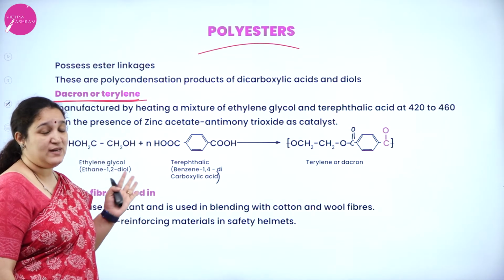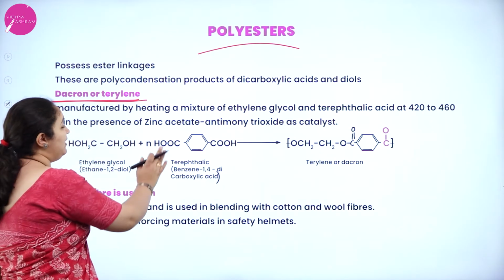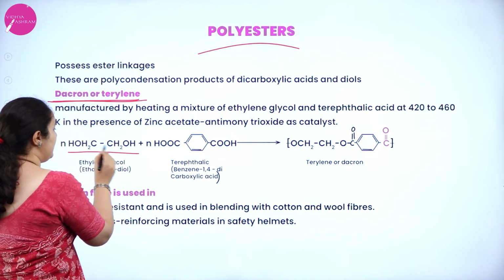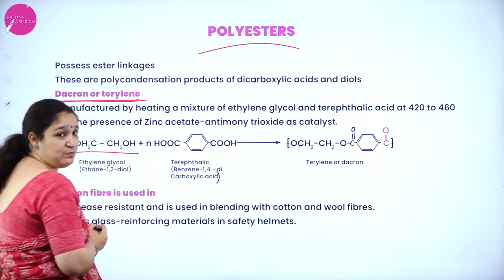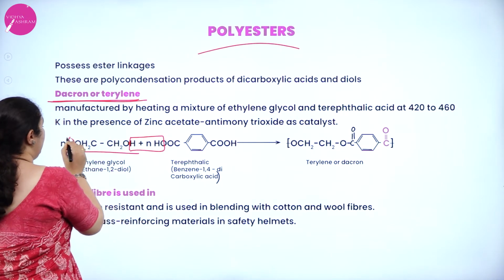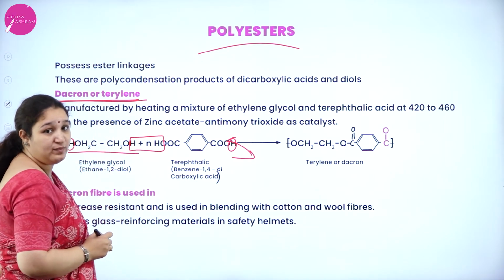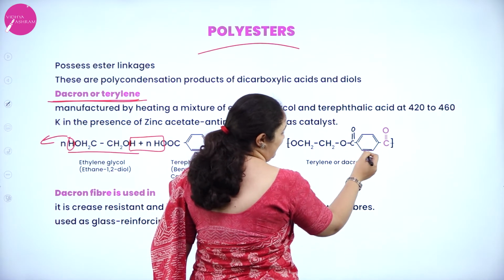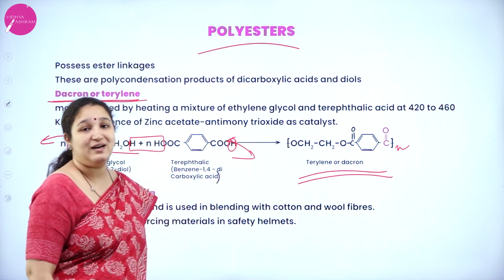I have already explained once, but I shall do it again. It has got an ester linkage. The reaction is between dicarboxylic acids and the diols. We have ethylene glycol, HOCH2CH2OH, and terephthalic acid, that is the benzene ring with COOH groups in the opposite positions. Correct? So here what is happening? H2O molecule is removed. From here hydrogen has to be removed, from here OH group has to be removed to form a dacron molecule. So you have CH2O, CH2O, C double bond O, benzene ring, C double bond O, continuing n number of times to give terylene or dacron.